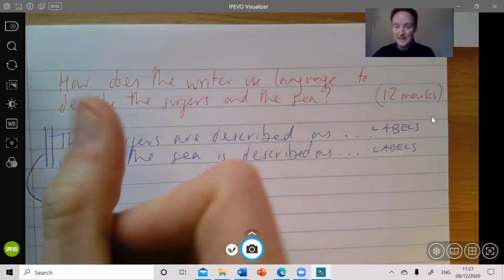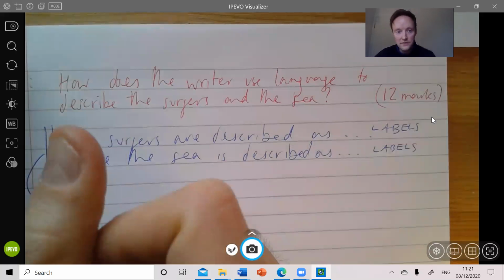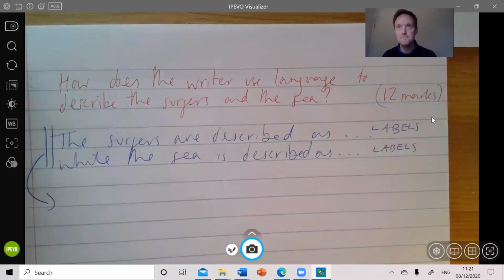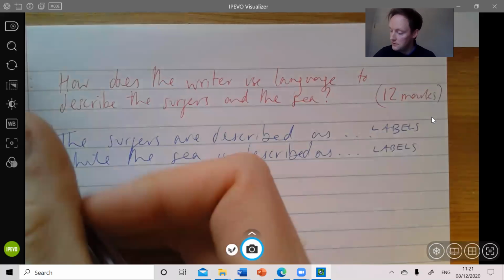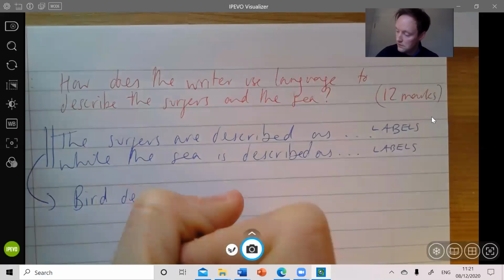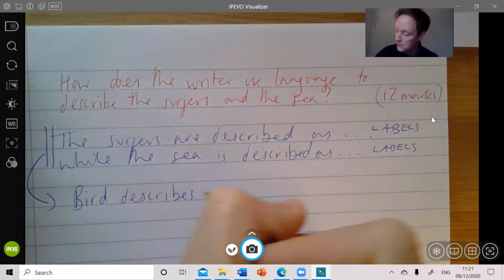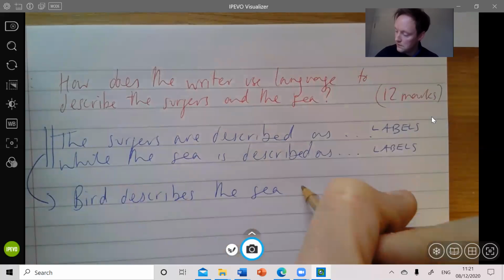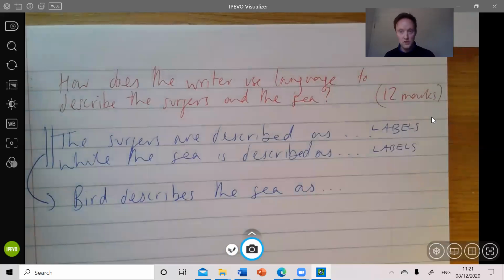So one way that we can immediately cultivate this idea of a slightly more passive, slightly more formal voice is Bird, use the author's surname, not Isabella. She's not one of our friends. Isabella Bird, you know, she's not Izzy or Is or anything like that. Bird describes the sea as